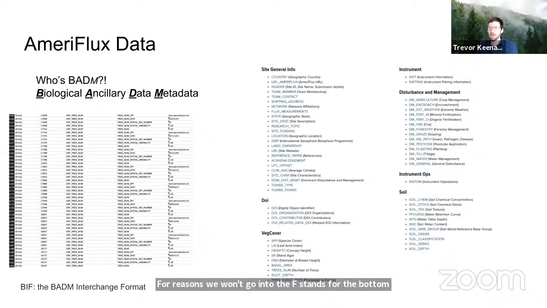It's basically the rules through which BADM is formatted. So when you download the data and you see a BIF file, just so you know, that is actually the BADM file. I apologize for that, and for all of these acronyms as well. But sometimes this is necessary when you've got such a huge diversity of data and different formats to work with.